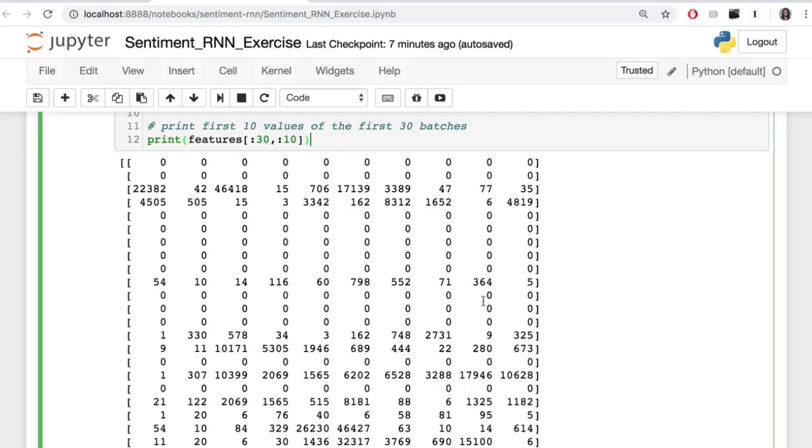So this is great, and I'll also add that, in this step, we've actually introduced a new token into our review features. Remember that before, all words in our vocabulary had an associated integer value, and we started tokenizing with the value 1. So in our vocab to int dictionary, we had integers from 1 up to 74,000 or so. And here, by adding 0 as padding, I've effectively inserted the 0 token into our vocabulary.